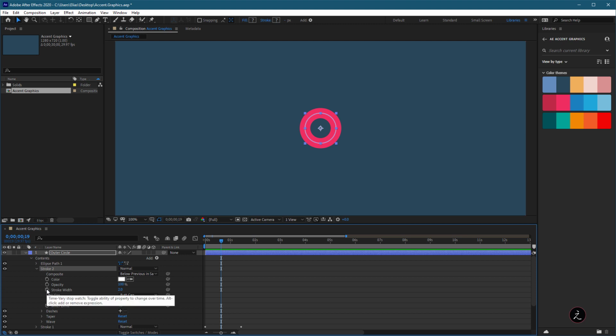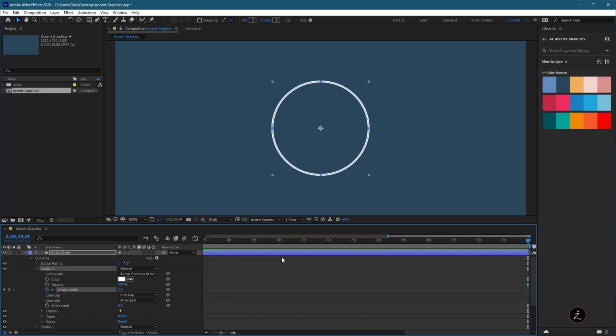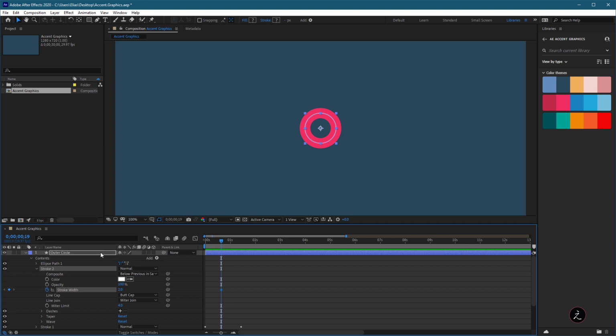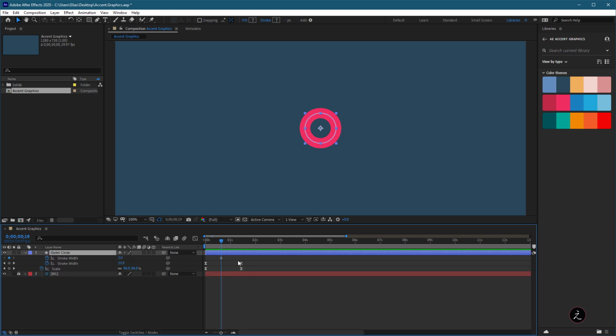I'm going to click on the stopwatch for the first keyframe, and then I'm going to jump to the next keyframe by pressing the letter K. And actually, I should do this on the visible keyframes. So let me press the letter U and then press the letter K for the next visible keyframe. So I'm going to set this to 0. There we go.